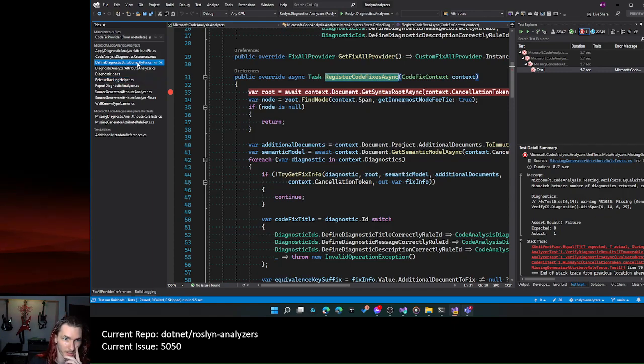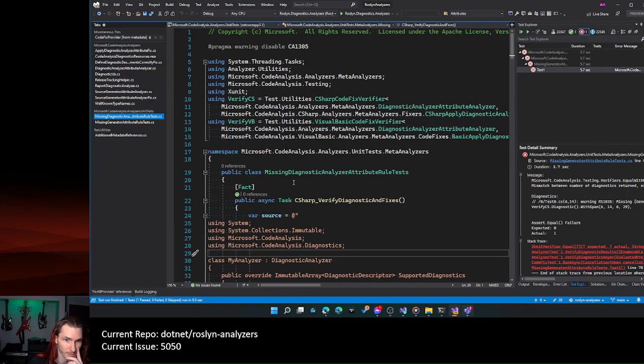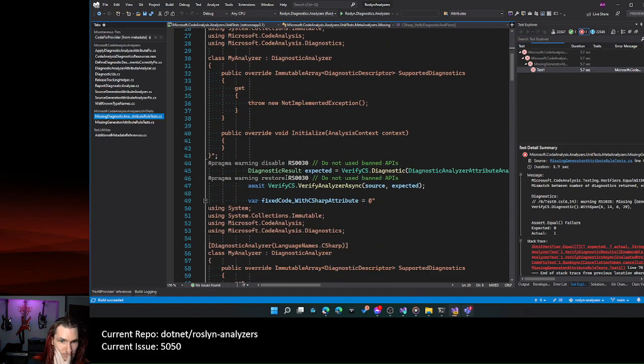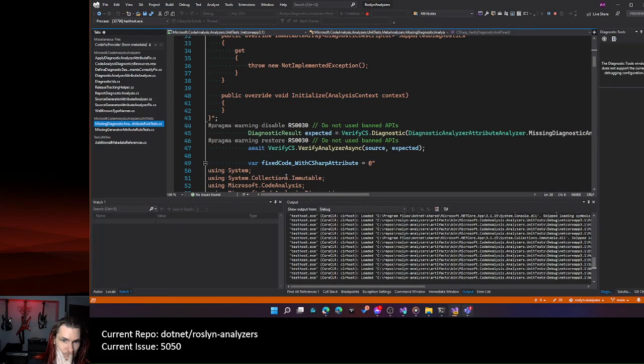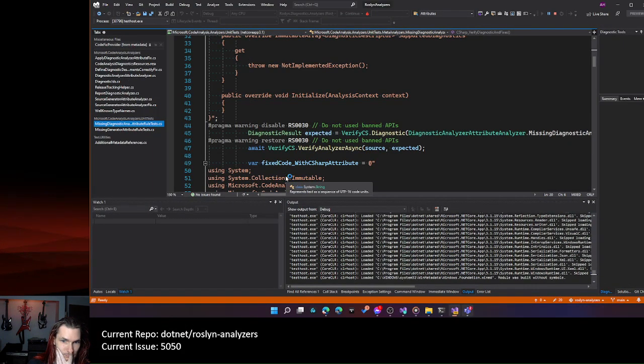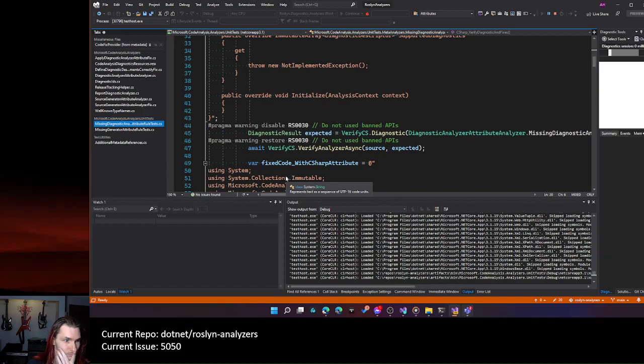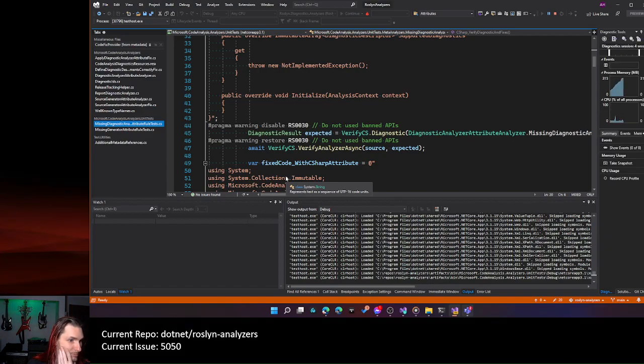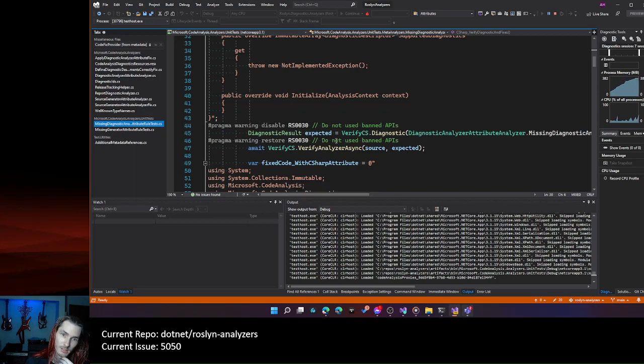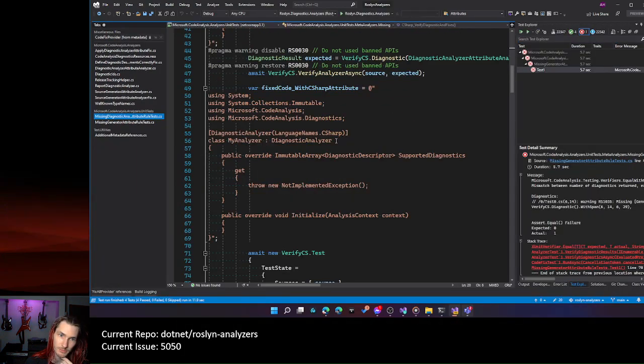Although honestly, that might have been just the wrong test to run. Does the test specify the expected diagnostic? So, from my understanding,